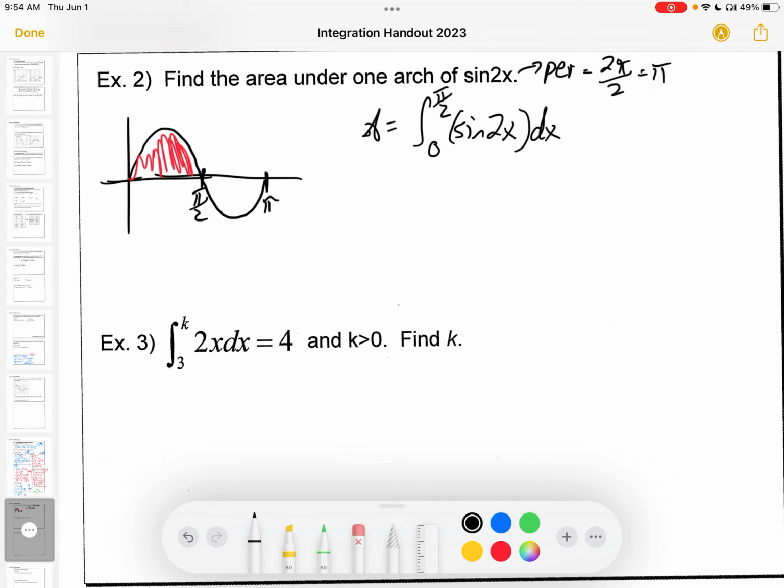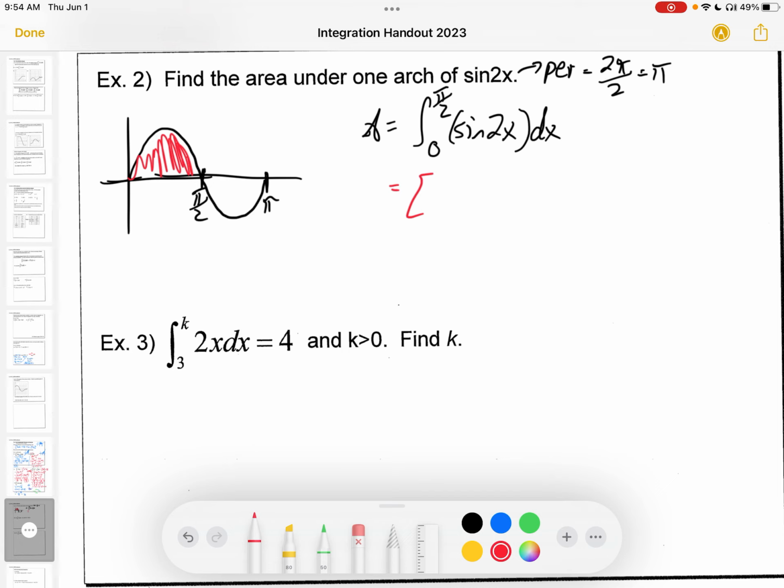Okay, and it's the area with respect to the x-axis, so hence the dx. There are other places you could find this arch, like it recurs infinitely many times, but this is the easiest one because it's the closest to the origin. Okay, so we'll do our regular stuff here. We'll just